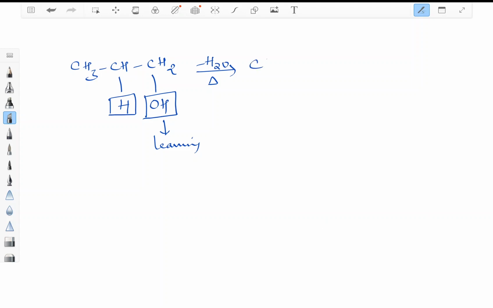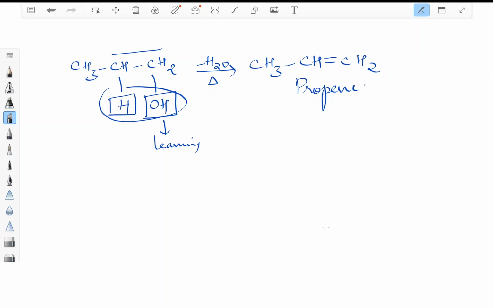So we are going to get CH3 as it is, CH, CH2. Because these two are removed from in between these two carbons, we are going to get double bond here. What is this compound? We are going to get here propene. Because I am using H and OH, what is removed? H2O is removed. Removal of H2O is called as dehydration. That is why the side heading for the reaction is dehydration of